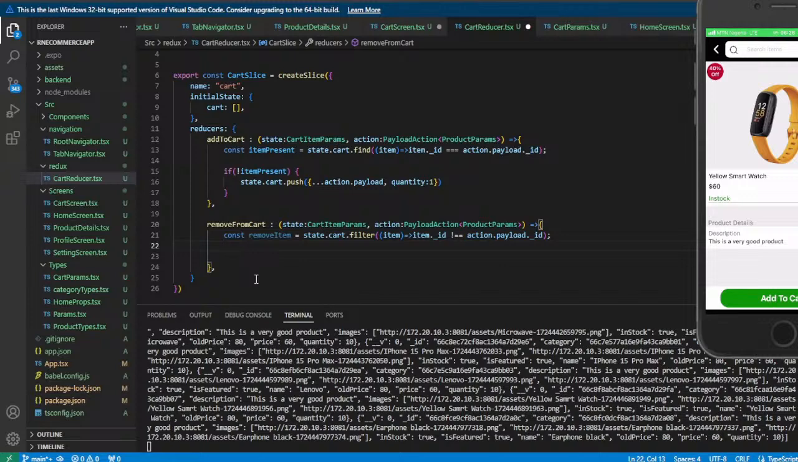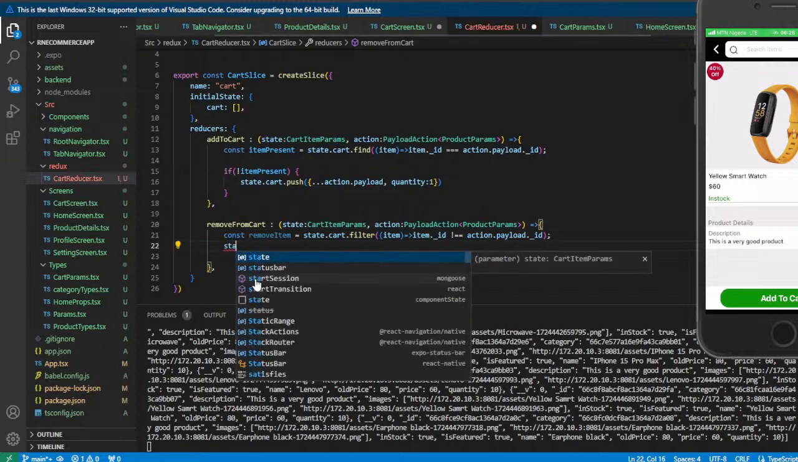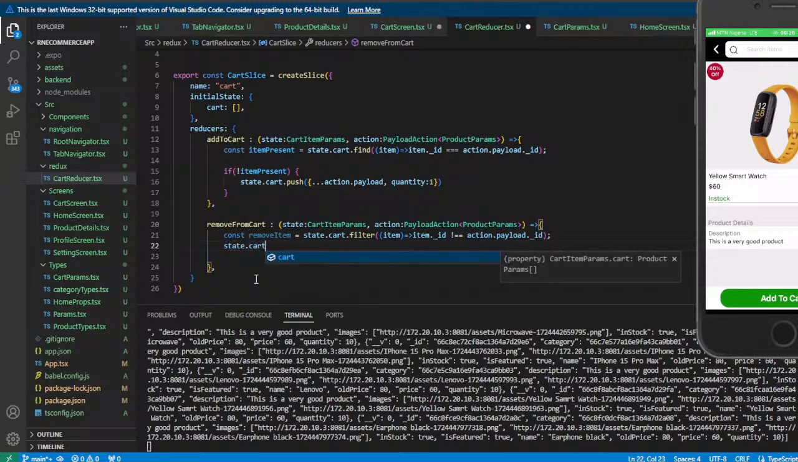So that remove item now becomes our new state. So we'll now say state. It will become the new state of our cart, equal to remove item. And that's all you have to do here. Then we'll come to, let's